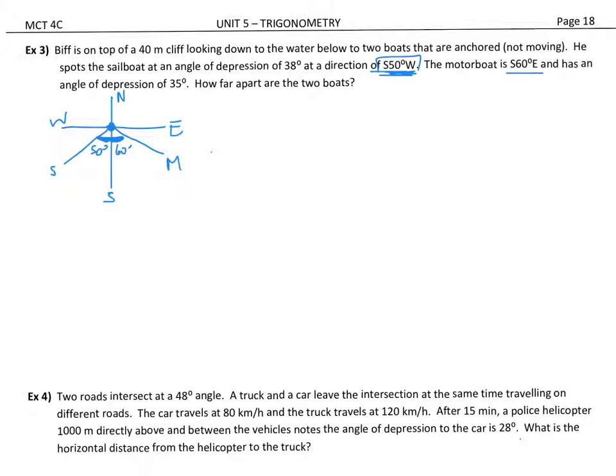All right, I'm going to take that information and I'm going to try and draw a 3D version of this diagram now. And here's what it's going to look like. It's going to look a little crazy. So below I'm going to do my 3D diagram. So here's my cliff, and down here is my sailboat in the water. So I'm going to put C for the base of my cliff right here. The line S to C is laying on the surface of the water, where C to B, where Biff is at the top of the cliff. This would be the top of the cliff where Biff is, and this would be the bottom of the cliff